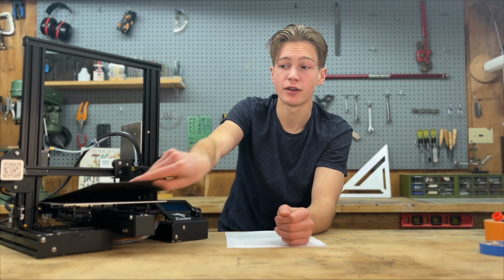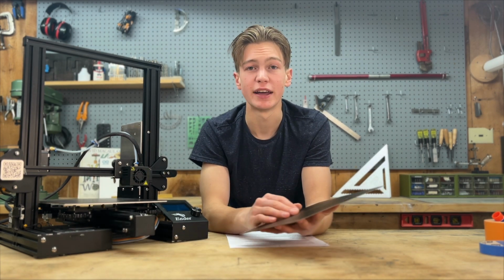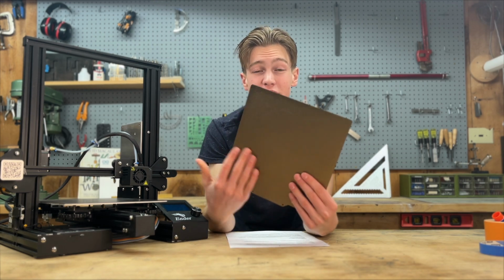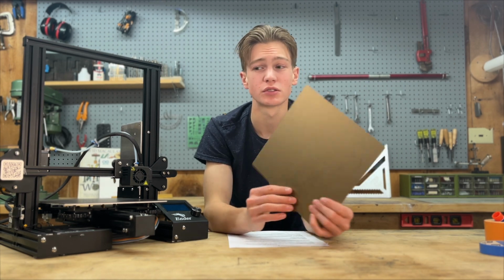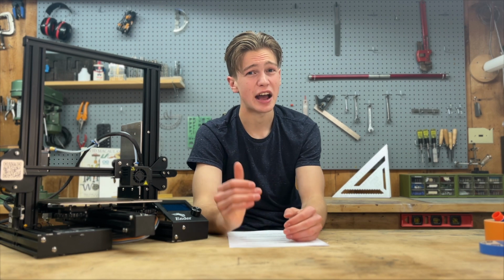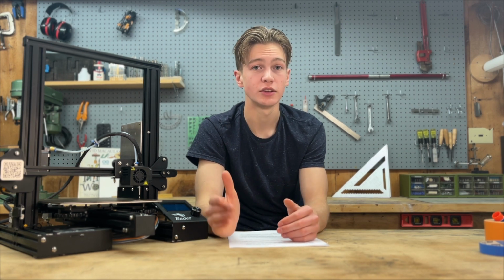If you have a print bed, a lot of times the texture of that print bed is going to translate onto the final print. So I have this coarse surface, and if you flip it over, I also have this smooth surface, depending on what kind of prints I'm trying to get. So rafts, I would say, are kind of a last resort, but know that you can use them,